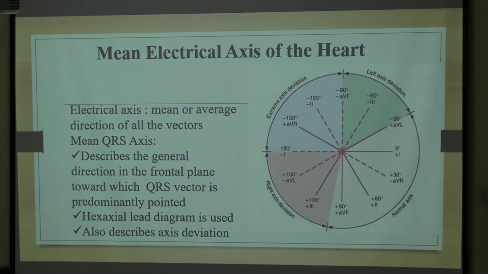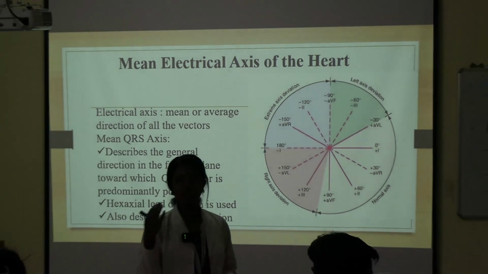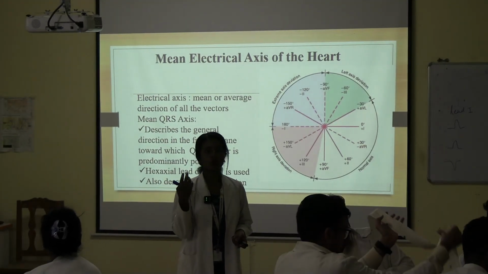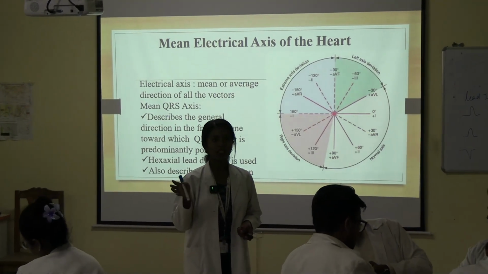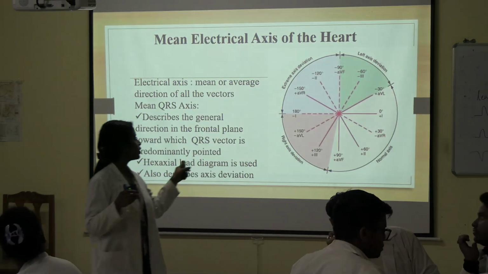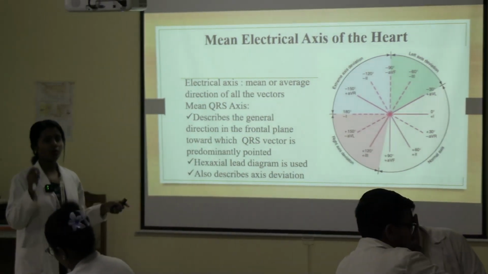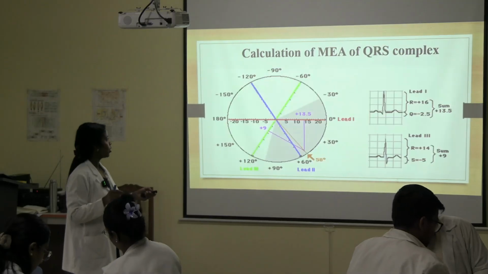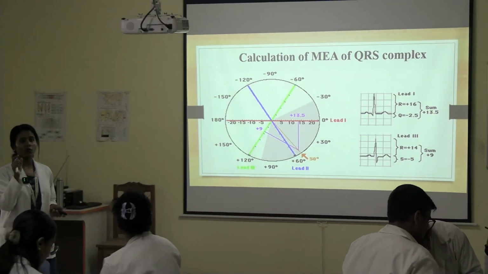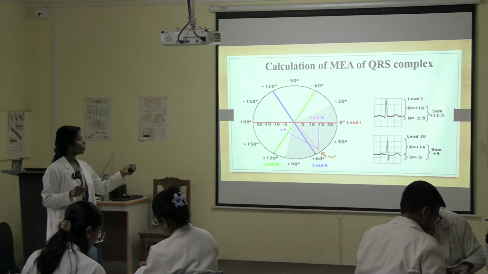So both are positive, okay, so lead 1 is also positive, lead 3 also positive. So you can see both are positive, so that will be normal axis deviation. In average people, normal axis deviation. If you take all of us and find the mean, the majority might be around plus 60 degrees. Normally it should be between minus 32 and plus 110. If you want to find the accurate angle, then you have to go with this method.